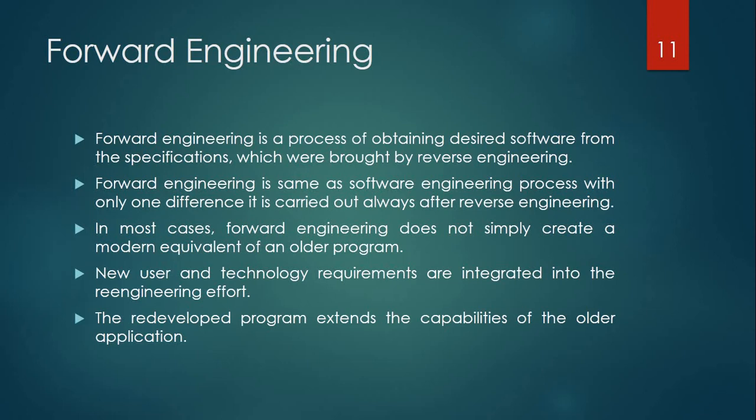Till now we have discussed each and every type of software engineering process. We started from the SDLC. In it there were communication, planning, modeling, construction, and development. All of that will be applied in forward engineering, on the information we have got from reverse engineering. The end point of reverse engineering will be the starting point of forward engineering.